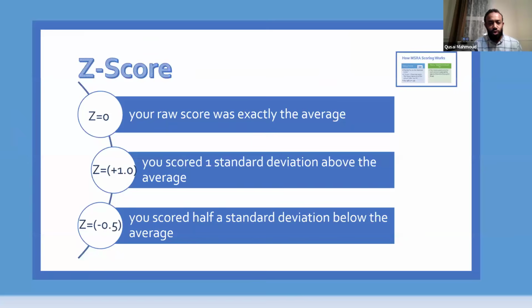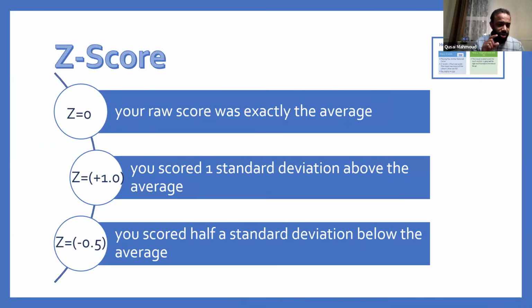Okay. So if your Z score is 0, that means you are exactly on the average. You are scoring 250 because your Z score is 0. You are moving nowhere from the average. The Z score is how much you move from the average. If the Z score is 0, that means you are exactly on the average. That means your mirrored mark would be 250. If you score 250, that means you are exactly at the average.